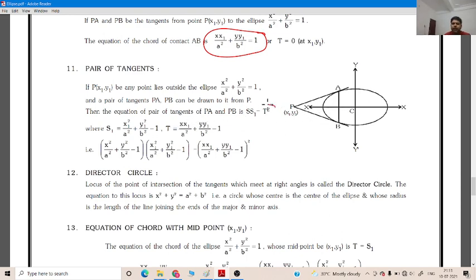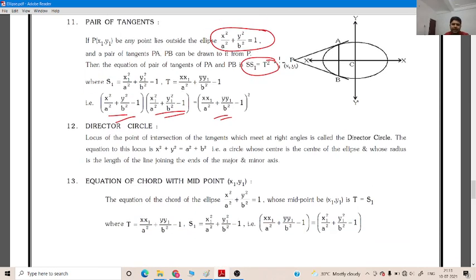This one you have with the help of this result, S S1 equal to T square. This part is known as what, T. It is generally considered that for the given coordinate x1, y1, this particular expression is known as S1, and it is equal to T square. T square means what, this one. I have already discussed the equation of the chord of contact.